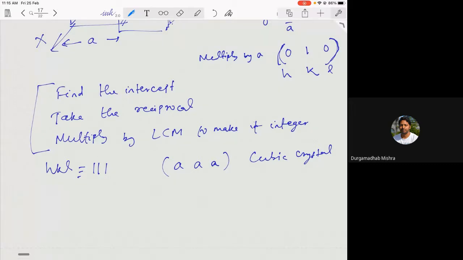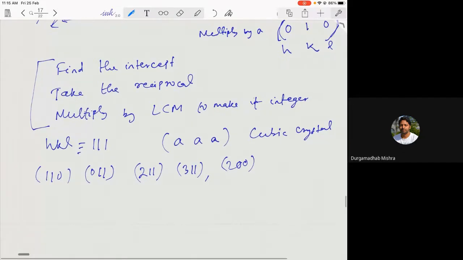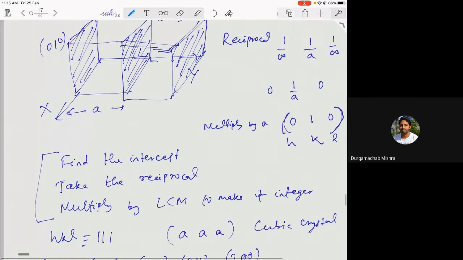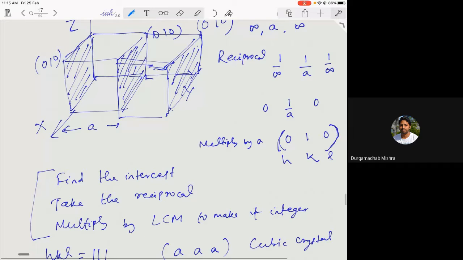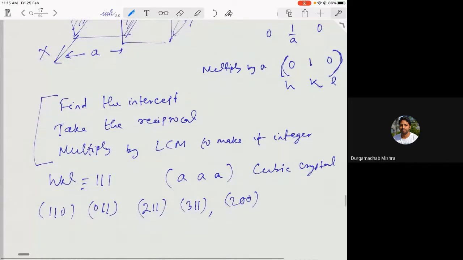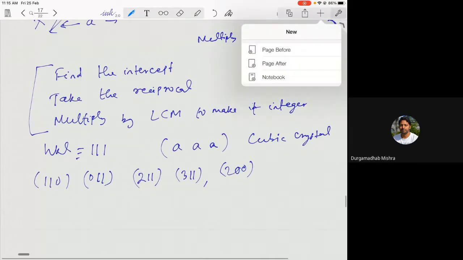So 110, 011, all these possible Miller indices represent sets of planes. You can also have 111, 211, 311, 200. All these actually represent a set of planes in a crystal. So how is this related to the value a? We said we have sets of planes represented by HKL values, and now most of the planes will have a certain interplanar distance,